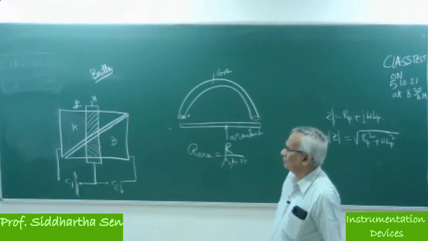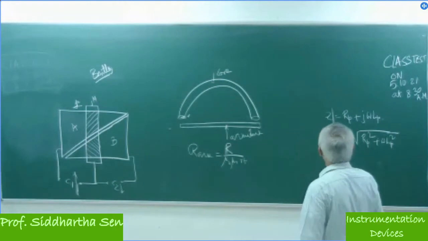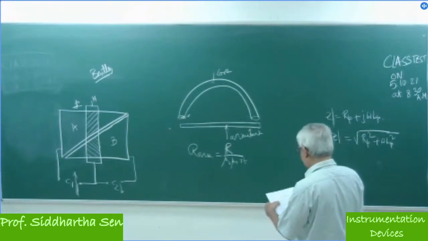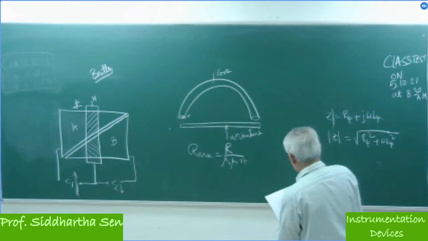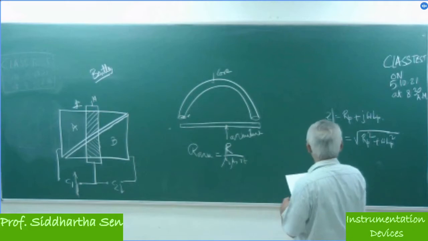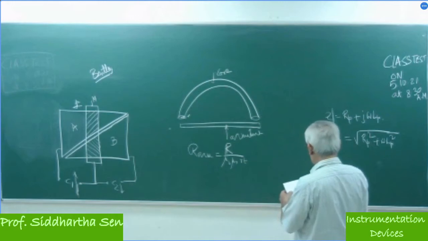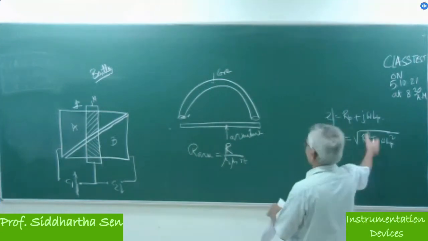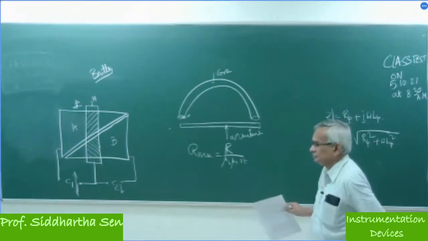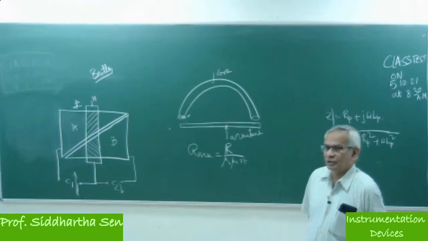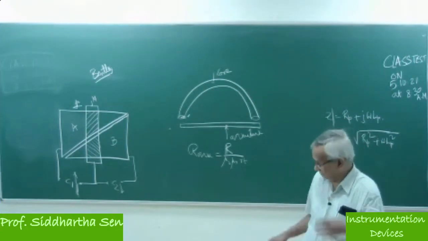So, sir, we have to consider only Rp. But if you consider not only Rp, then you just find out Rp and omega L is given, but whatever Z value we have taken, you just consider that Z value for the particular second case. Okay, okay, sir. Is it all right? Yes, sir.